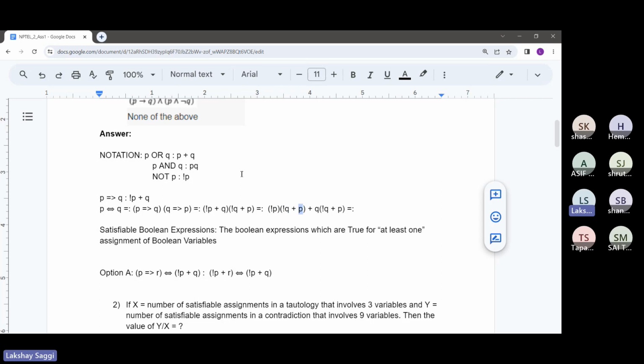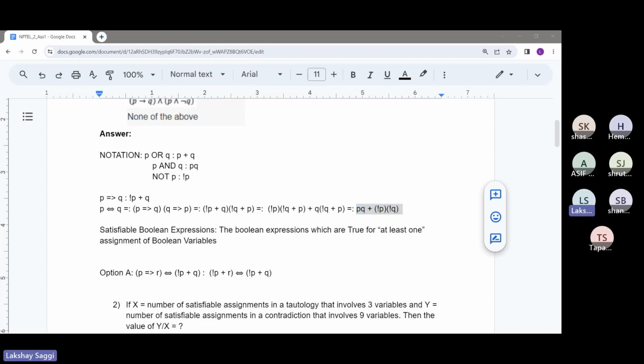So not P will be multiplied by not Q and added with not P times P. So P times not P will always be equal to 0, not 0 exactly, but false, because P and not P is false. You guys must know this already, right? So this expression will actually simplify to P times Q, you guys can check this yourselves also later, plus not P times not Q. So this P double implication Q is essentially this expression. It can be replaced by this expression of PQ plus not P times not Q.